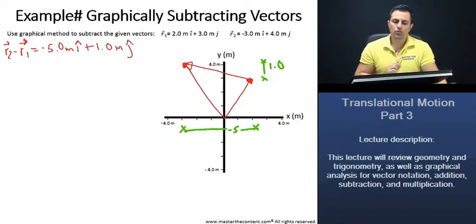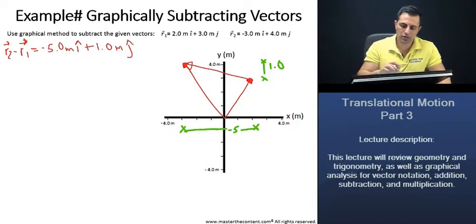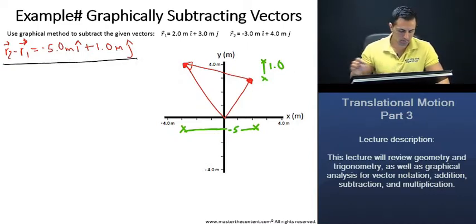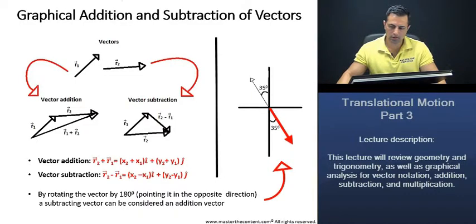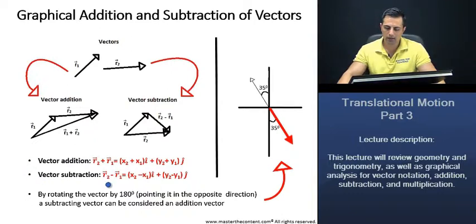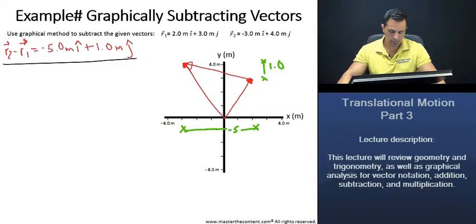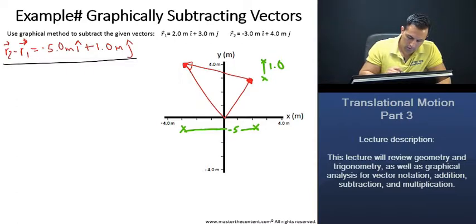Wonderful. Now, we can also do this numerically, through the equation that we demonstrated earlier. So let's go ahead and take a look at that as well. I believe that was right here on slide 6, where we said that vector addition and vector subtraction graphically can be done. So we'll use the following equation here to do vector subtraction. Just go back here, wonderful. Now, if we do so,